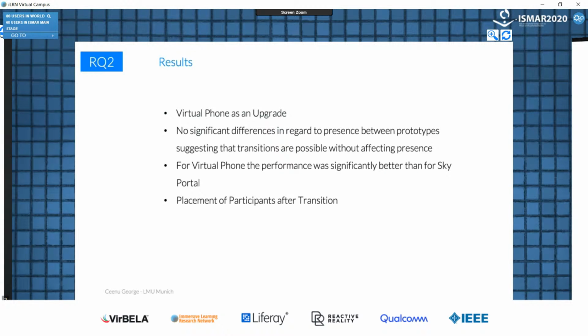And we discuss design considerations such as the placement of participants after transition. So if we perceive both realities to be running parallel for the virtual reality, when you're going back into the virtual reality, you can actually think about considerations such as where to place participants, either where they left off or at a static place where they always return to. Due to the time constraints of this presentation, I'm not going to go into the details of our discussion. Please refer for that to the paper.